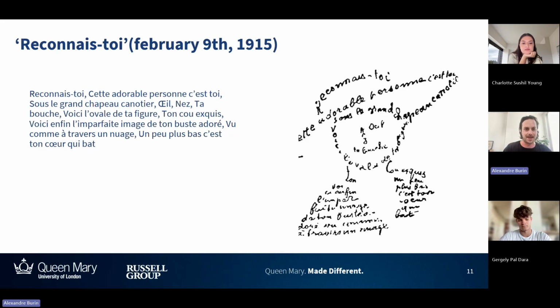Now, an example. You can see here, quite clearly, the silhouette of a woman wearing a hat. And the lines are made out of words. It's called Reconnais-toi, and Apollinaire wrote this in 1915. It's probably a little bit difficult for you to make out all the words, but